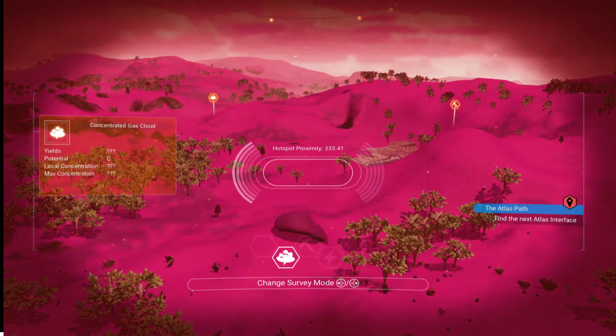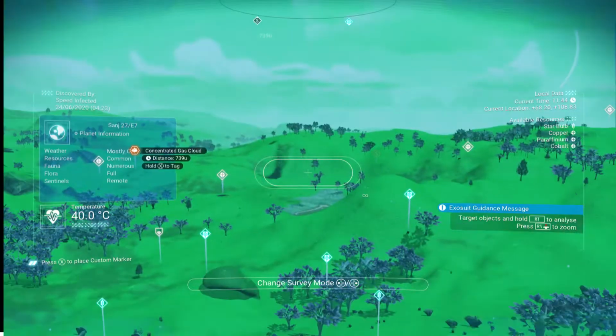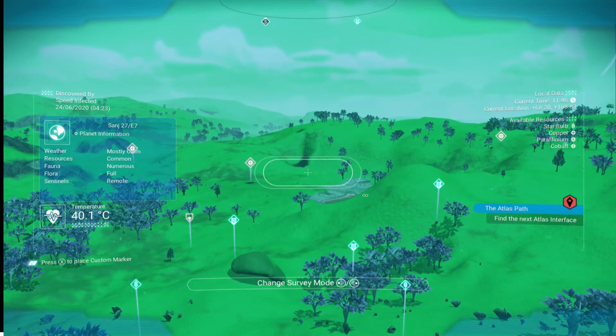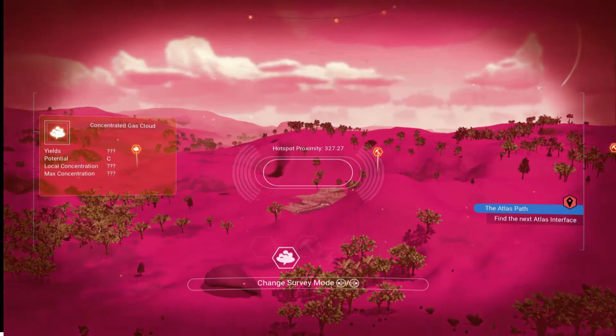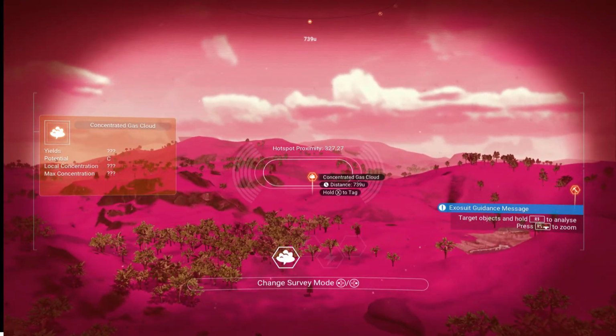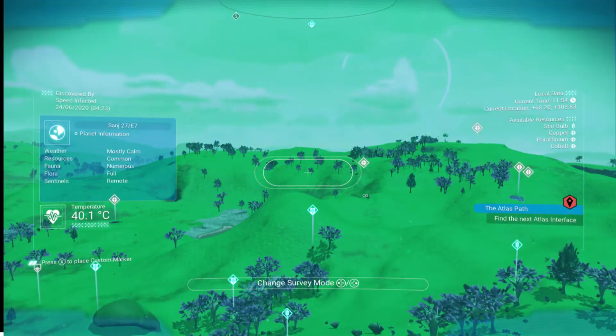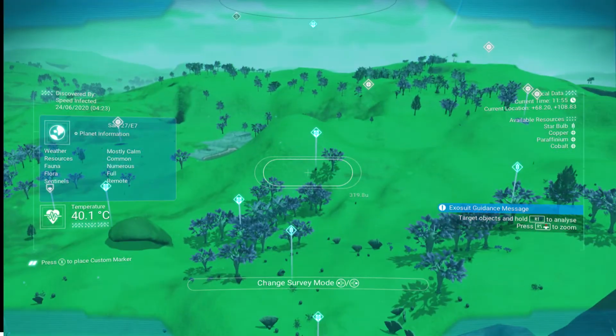Yeah, that will determine what gas is here, right? So in this case nitrogen. You'll always have oxygen as well. So there are 6 different types of hotspot per planet. You'll have oxygen, a concentrated gas that is not oxygen, the 3 minerals that are on the planet naturally as